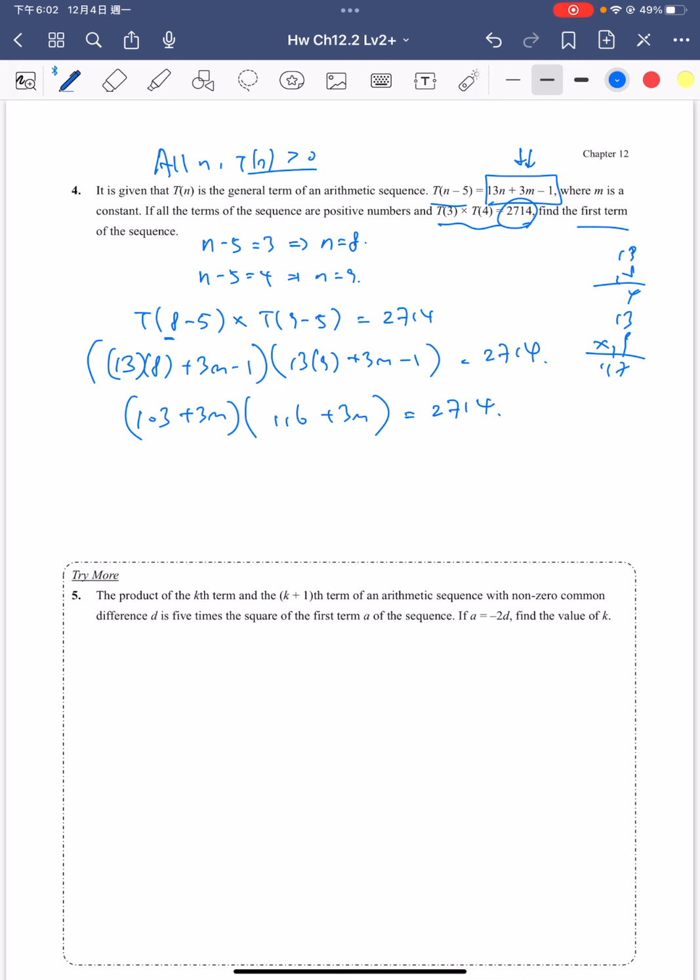Now how can we think about it? How can we find out the value of m? m is just a constant. So how can we find out the value of m? What I think about is just to expand the bracket first. So now we have 103 times 116 plus 3 times 116m plus 3 times 103m, and then plus 9m squared, and we minus 2714 is equal to 0. So now we can say that this is equal to 9m squared, and then we plus the 3 times 116 plus 103m